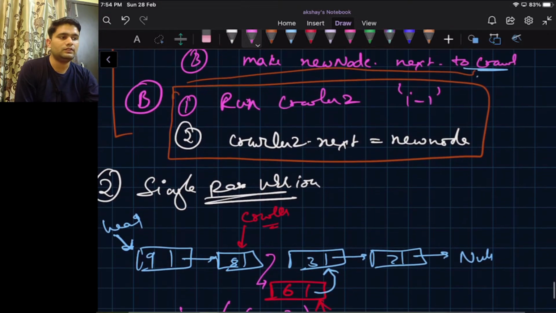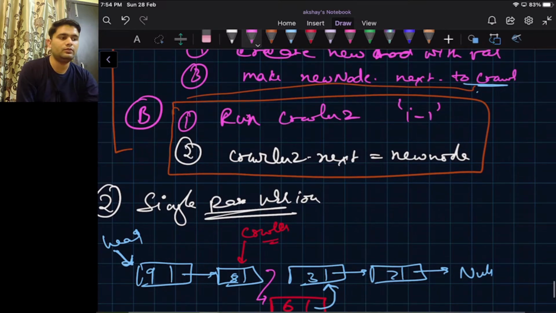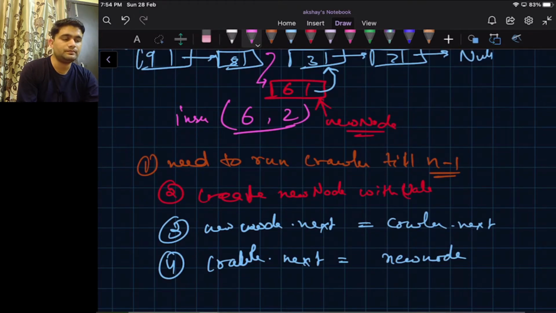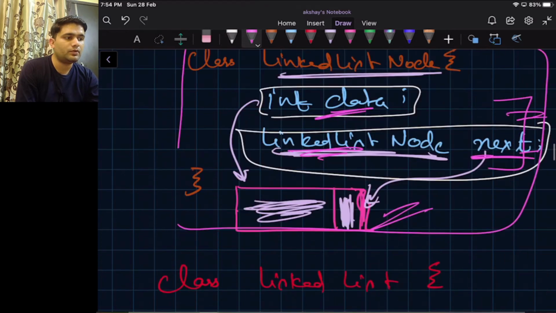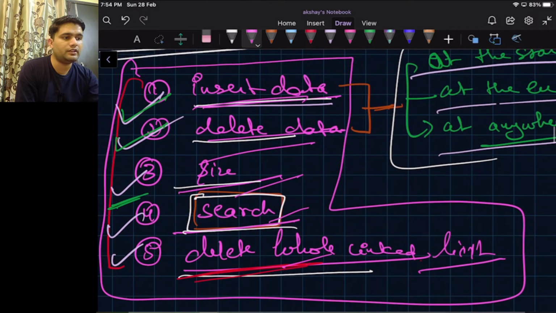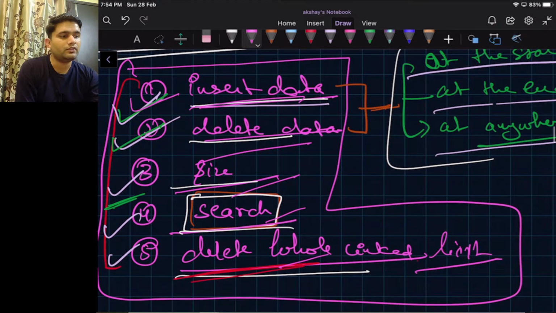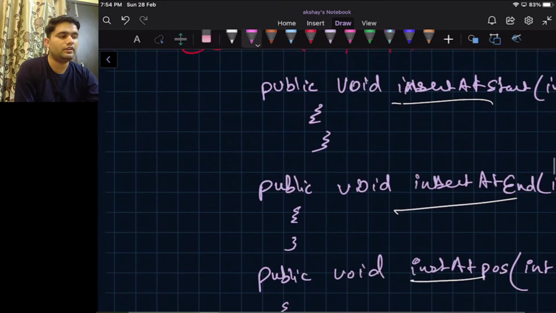Let's see more functions that a linked list provides us. We have completed the insertion. Now let's see the deletion part, deletion of data.